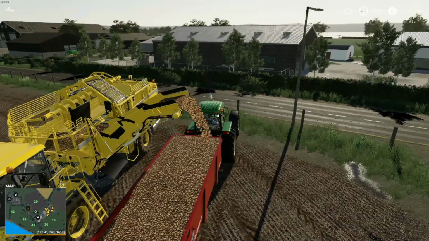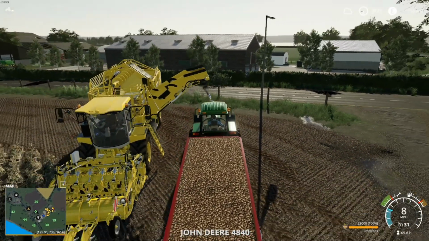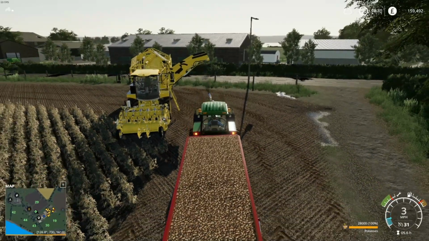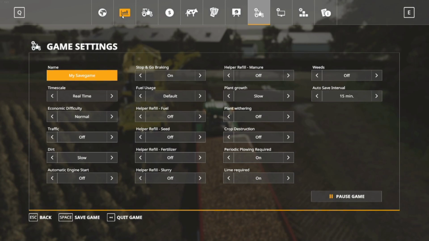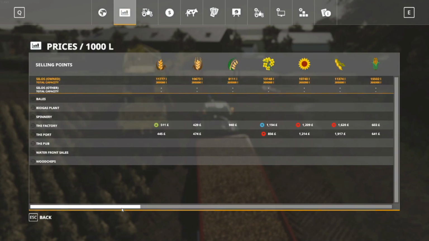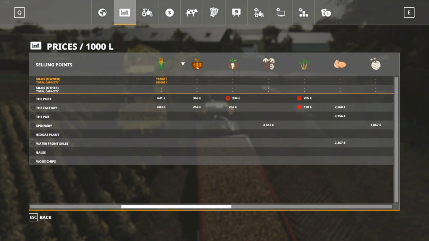Switch back over into the John Deere. No, we didn't quite empty it. This trailer can only hold 28,000, so there's still 2,000 left in the harvester. Where is the best place to sell potatoes? Let's have a look. Oh, potatoes. Ooh, 363. That's not a lot. That's quite low. It's not on a downturn either, so...